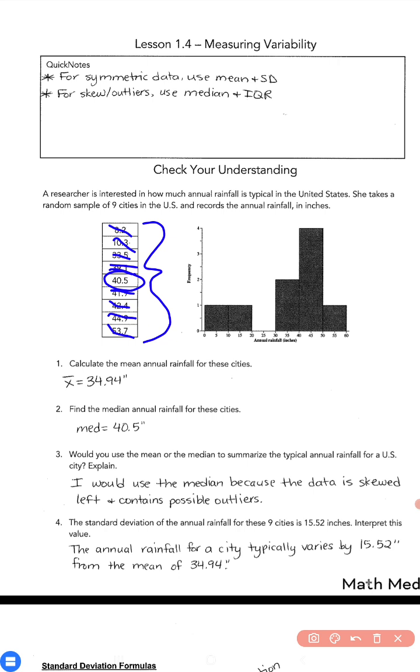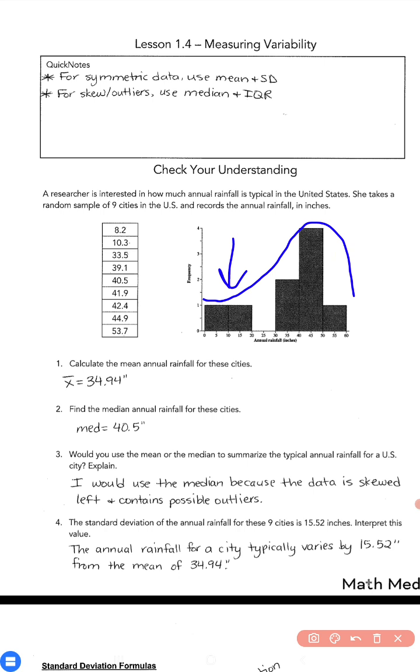Okay? So then the next question is, would you choose to use the mean or the median to summarize the typical annual rainfall for a U.S. city? Well, when I look at the picture of this histogram that's shown to the right of the table, that is very clearly not a symmetric graph. It is skewed. So kind of imagine there's a tail over here. So that tells me that my mean may not be accurate. I may have some outliers that cause my mean to deflate, right? And so since my mean may not be as accurate as I would like it to be,